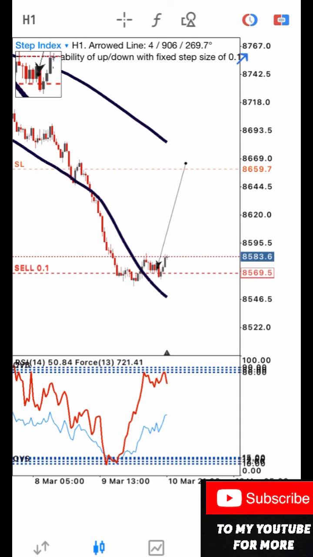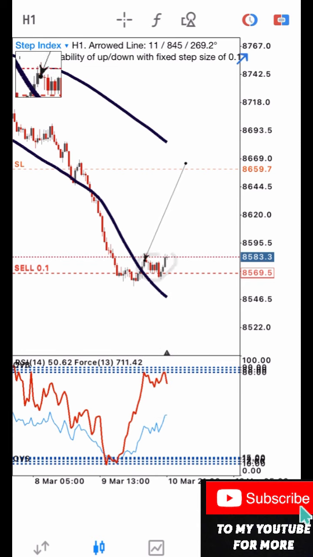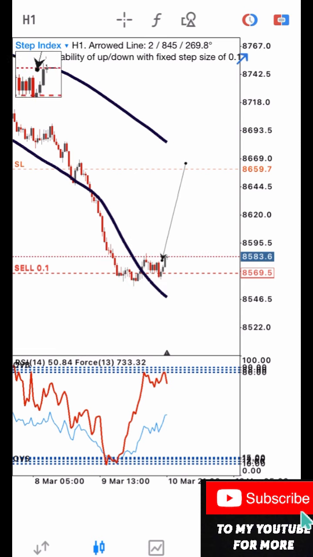So number one, I had my confluence on the indicator, which was okay. But I placed this sell on the support of the Bollinger Band. Look, it is a support on the Bollinger Band. I ought to place this sell after a breakout and probably a retest. Then I will sell deeper. But look, I placed this sell when price is still above the Bollinger Band, and that is why it's going against me.